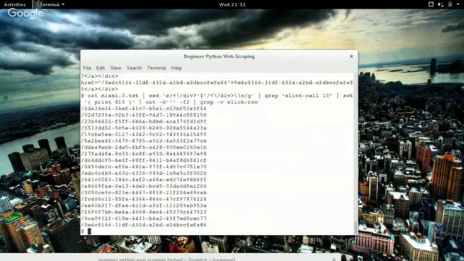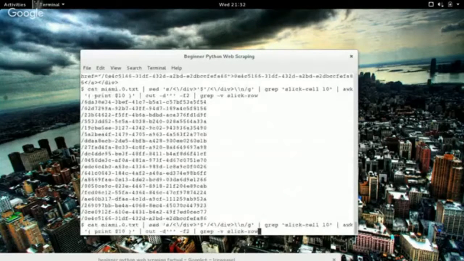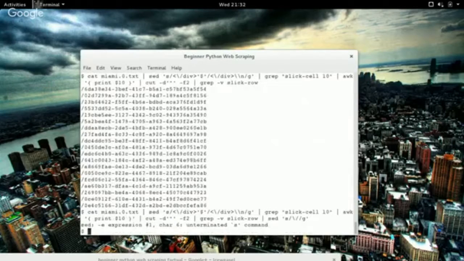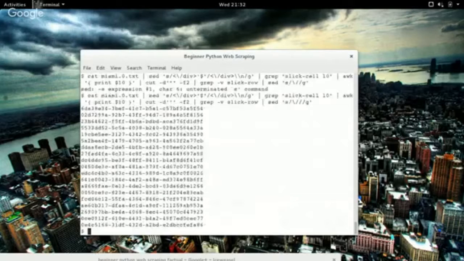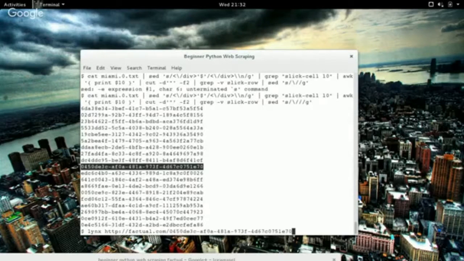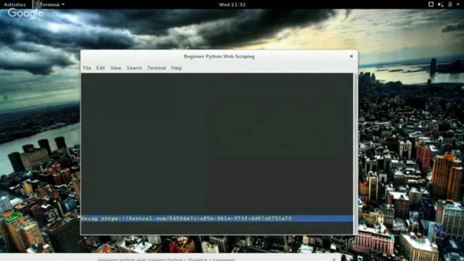And then we're going to strip off the HTML elements, and we get just the raw ID for that entry on the website. And last thing, we're just going to clean up that slash because we're going to use this to create our output file name. And again, we just use sed to change the slash to be nothing, and now we get our links for the